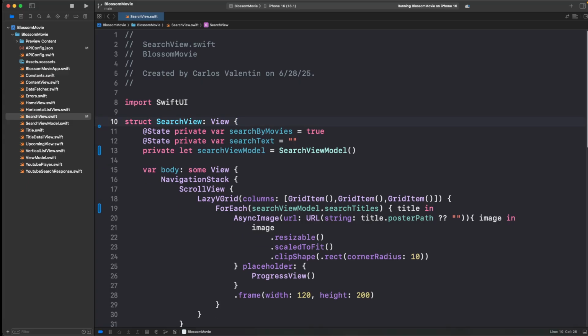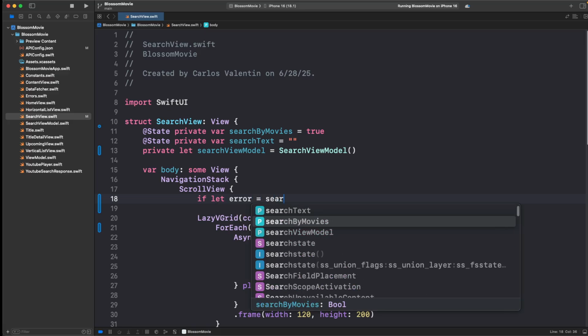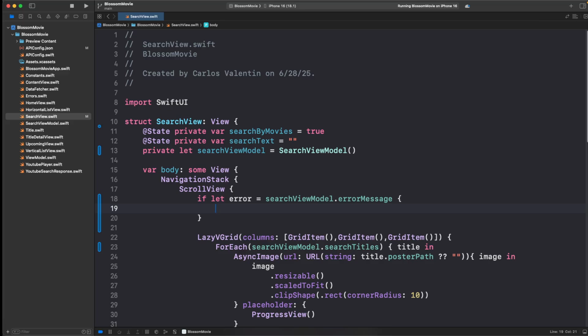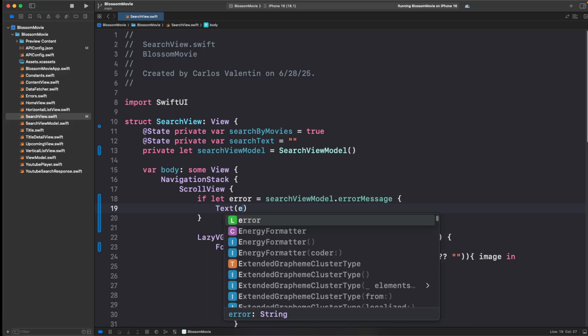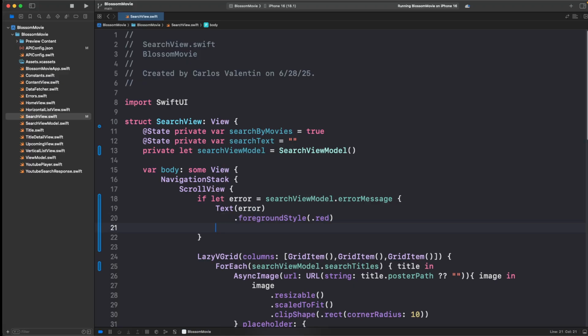The last thing is to display our error if one happens. The best place to have this error is right before our lazy V grid inside the scroll view. Add a couple lines before then. If let error equals searchViewModel.errorMessage. Inside the braces, Text(error).foregroundStyle(.red).padding